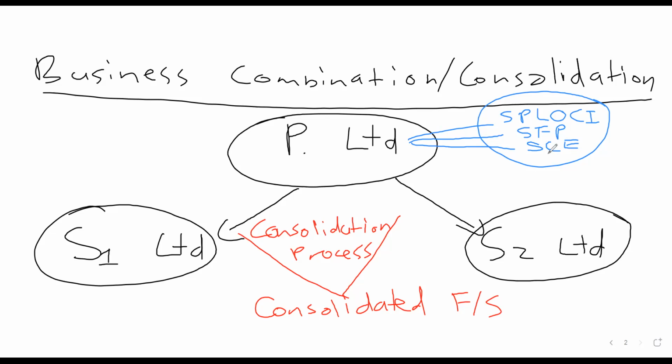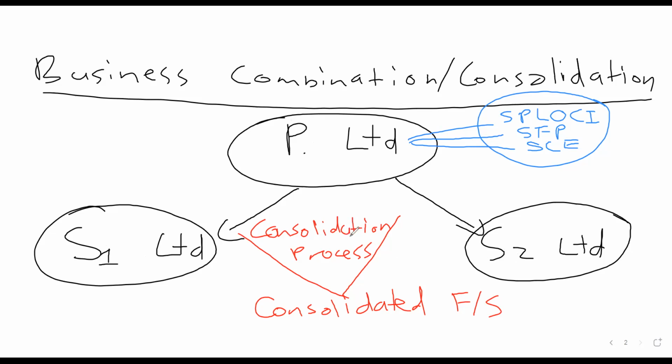But now, look at this. P Limited has its own individual financial statements. The same would be true for S2 Limited. It will also have its own individual statements, under the same umbrella of SPLOCI, SFP, and statement of changes in owner's equity. And if I look at S1, they'll also have their own individual statements. But now, because P Limited decided to form a business combination by buying shares in S1 Limited as well as in S2 Limited,